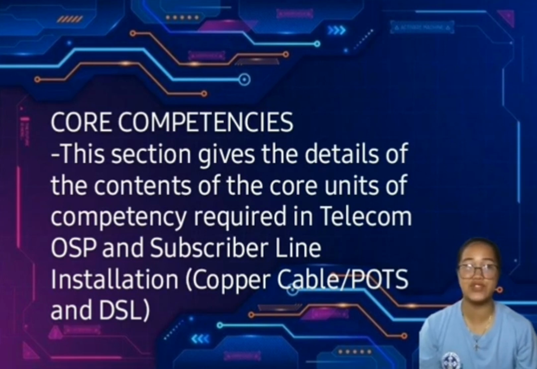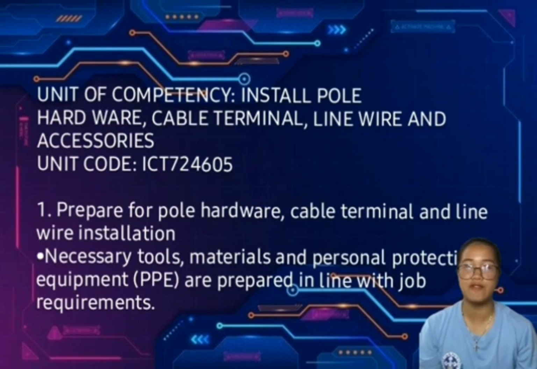This section gives the details of contents of core units of competency required in telecom OSP and subscriber line installation, copper cable, POTS, and DSL. So these are the units of competency: install pole hardware, cable terminal, line, wire, and accessories. Unit code ICT 724605. This unit covers the outcomes required for installing pole hardware, cable terminal, line, wire, and